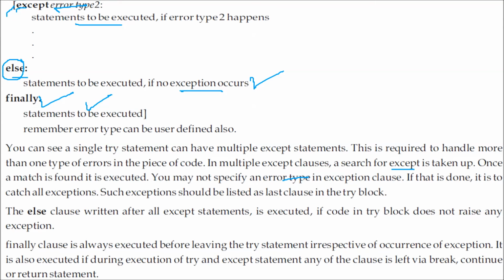The finally clause is always executed before leaving the try statement, irrespective of whether an exception occurred or not. It is also executed if, during execution of try and except, any of the clauses is left via break, continue or return.